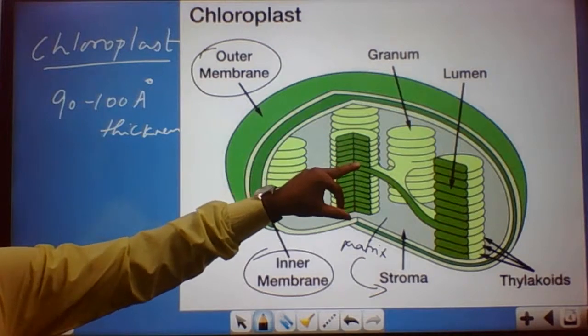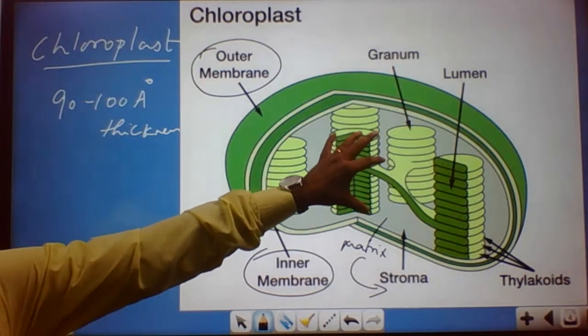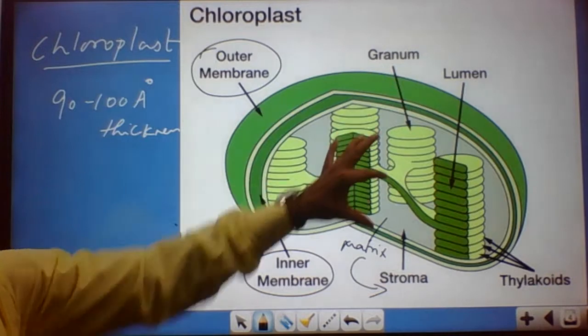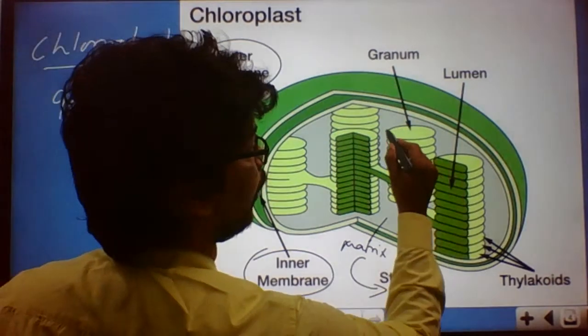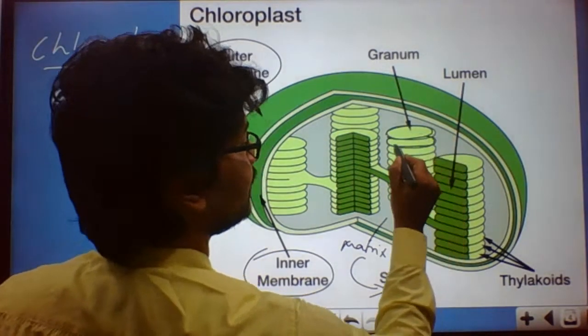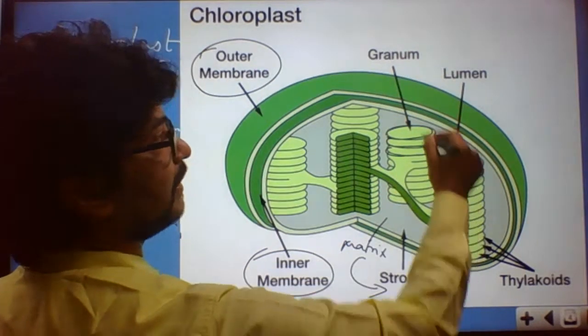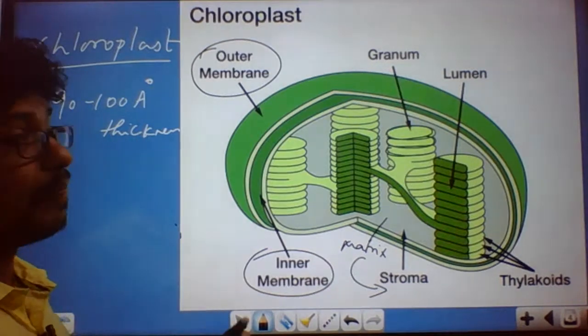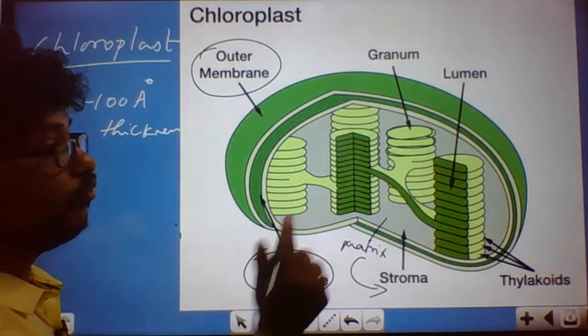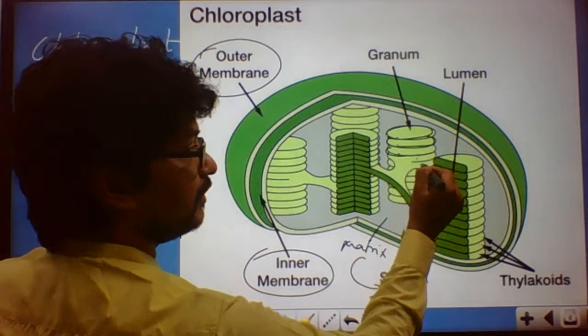And even go deeper inside, you could see there is a granum part, and there you could see the coins, like they get stacked on each other. Coins மேல அடுக்கி வச்சிருக்க மாதிரி ஒரு ஸ்ட்ரக்சர்ஸ் இருக்கும். So this structure we call a granum. கிரானம் குள்ள இருக்கிற இண்டிவிஜுவல் ஒவ்வொரு யூனிட்டும் we call it a